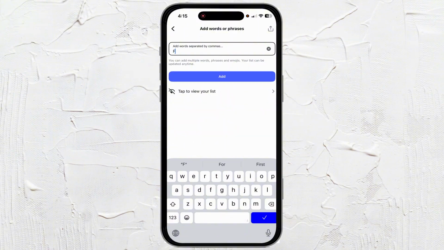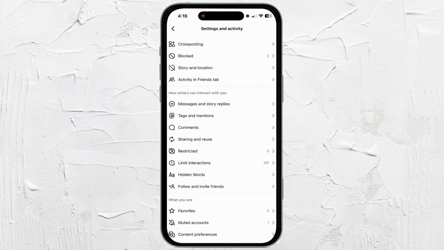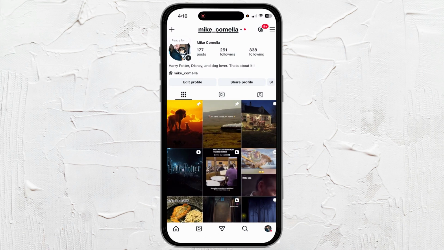So we can go ahead and just type in the first couple letters of certain words, and you can go ahead and just keep on adding words and different phrases so that Instagram itself will not be able to show those publicly on your profile, and you'll be able to have a more appropriate Instagram interaction and environment that you want. And that's it. It's very simple to do, and you can go back and take those out if you